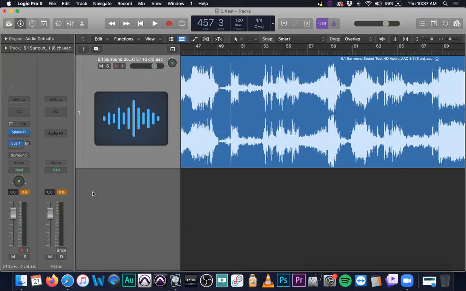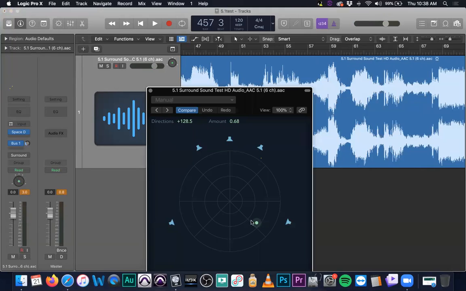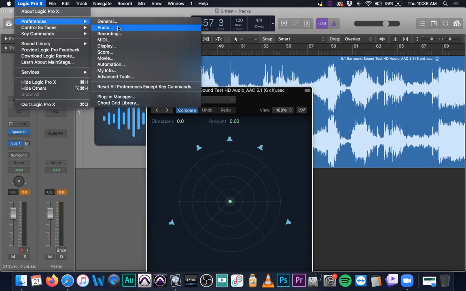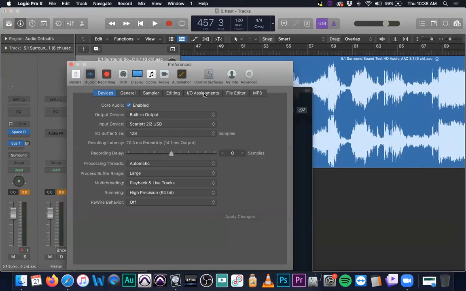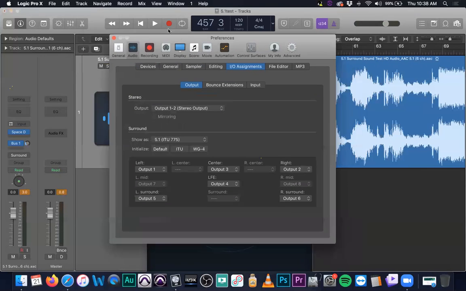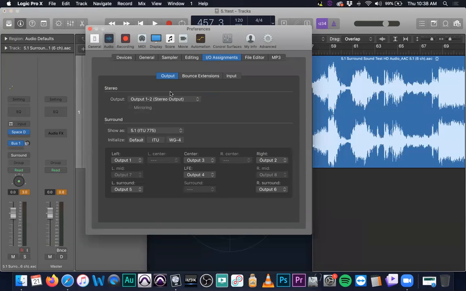Now, the other thing is, how do we determine what channel is what? So when I look in here, and I'll go back to this for a moment, how do I know this is input number 1, input 2, input 3, input 4, input 5? So Logic does have an area of the preferences that allows you to determine IO assignments for 5.1. Now, when we first started the project, we actually already selected the 5.1 ITU, which I like. It's fine with that. And then I usually just hit ITU anyway because defaults are a little different in regards to its outputs. You can see the channels change a little bit, but I tend to like